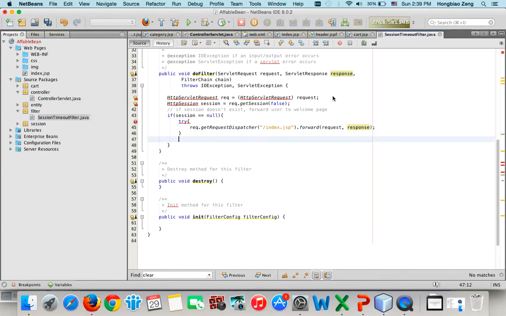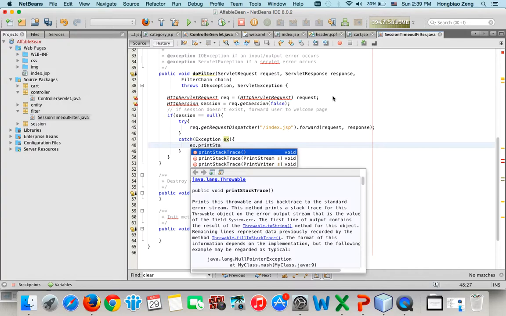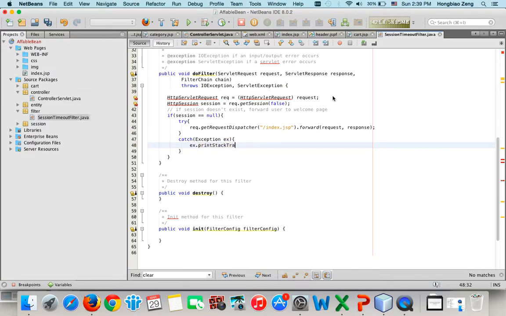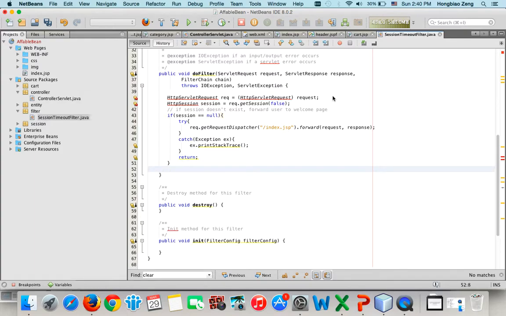If I catch an exception, then I will say exception dot printStackTrace. Then return here. If I don't return,